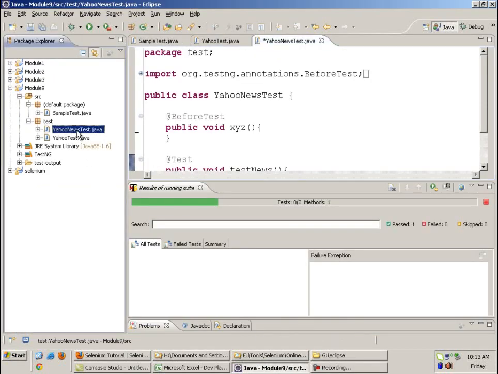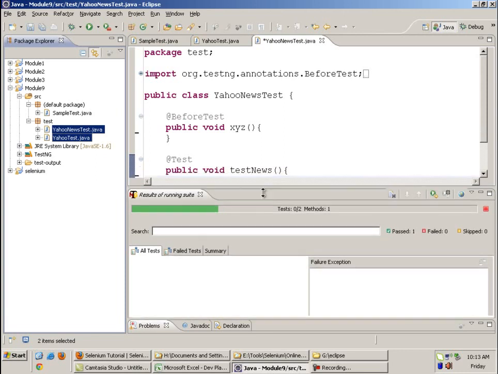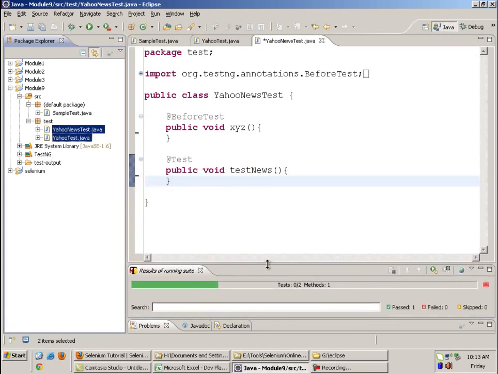Till now we have seen these two test cases and we have executed one of them, each and every one of them individually. Now we will execute both these tests in a batch. Okay, we'll do a batch run. We'll execute both the tests in a serial order, right? This can be done using a file known as